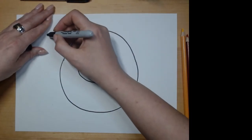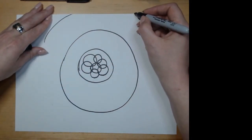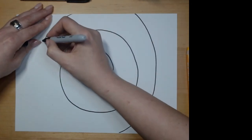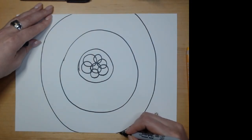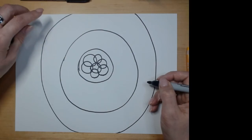So I will go earth, and it's okay if the circle does not fit the whole page. Our mind will recognize it as the whole side. And you can start